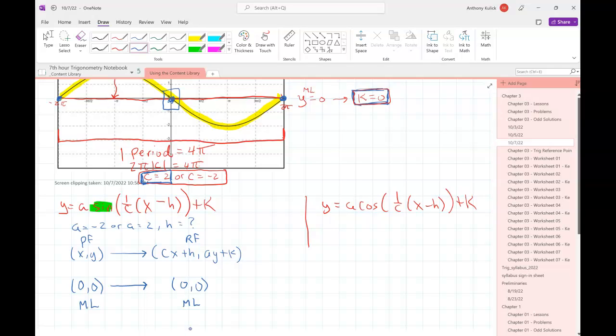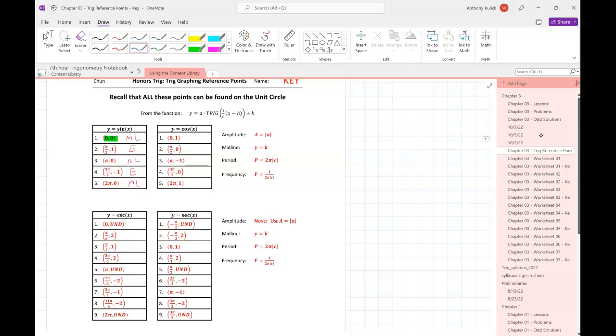Everybody's okay with that? We have to be a little bit careful here, because it turns out these midline points, there's actually 2 different types of midline points. So if I go back to my parent function, notice I'm going from a midline point here to a maximum, which is the first extrema after that midline point. Everybody's okay with that? You can tell it's a maximum because the y-coordinate is the biggest,